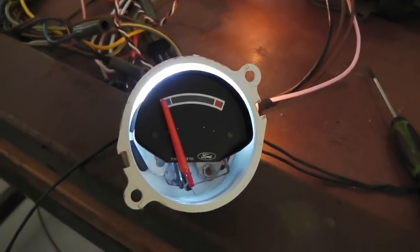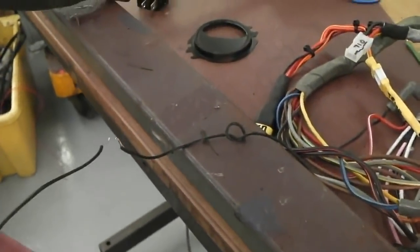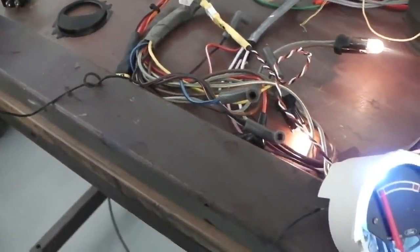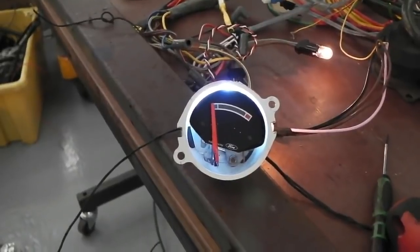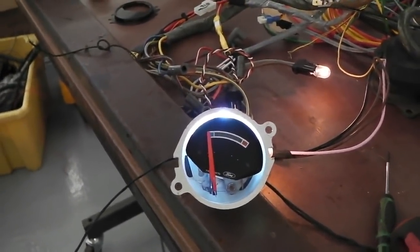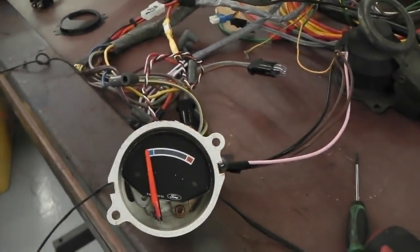And what happens is I apply a little bit of power to the back of the terminals for the clock, just with a 3-volt power supply or my 12-volt power supply set on 3 volts here. I should have croc leads on these, by the way. I'm very bad person for that. They've fallen off, and I'm so stupid I've not soldered them back on, so I'm holding them on with my hands. How ridiculous. Okay, well, the dash illumination is also on to test that the bulb fits in and to